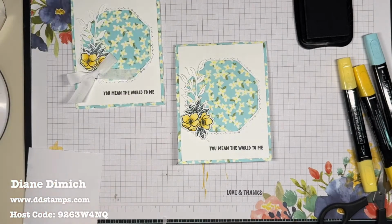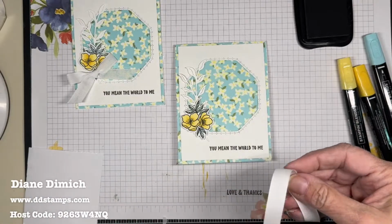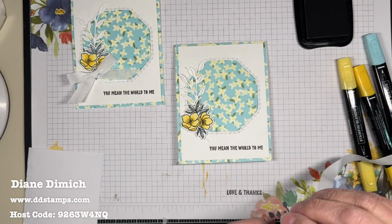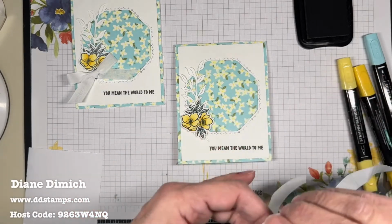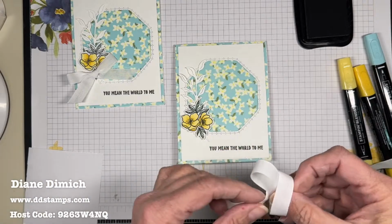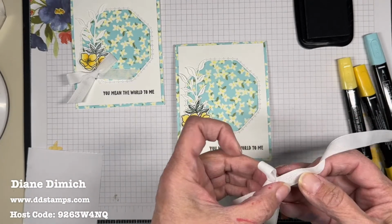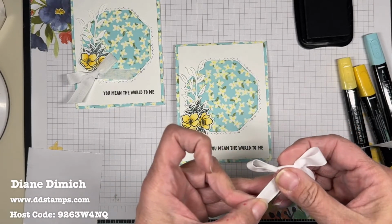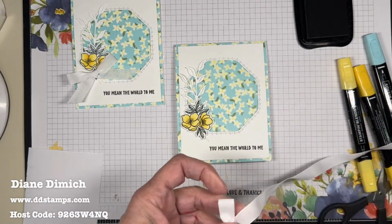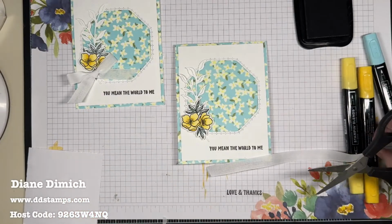Yay! All right, so then I'm going to take some of that white ribbon and just tie a bow. I'm really living on the edge by leaving in that Memento Black open. All right, so I'm just going to pull those together and then kind of arrange my bow how I want it, how I want my loops. I don't want them too big. Pull it tight, cut it with a scissor, move that ribbon out of the way,